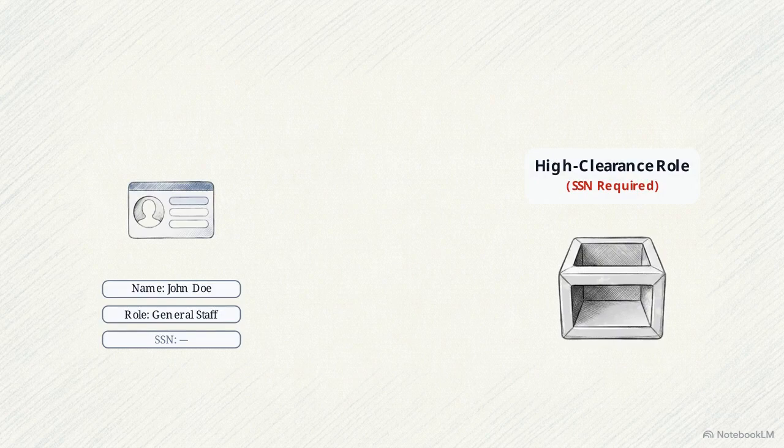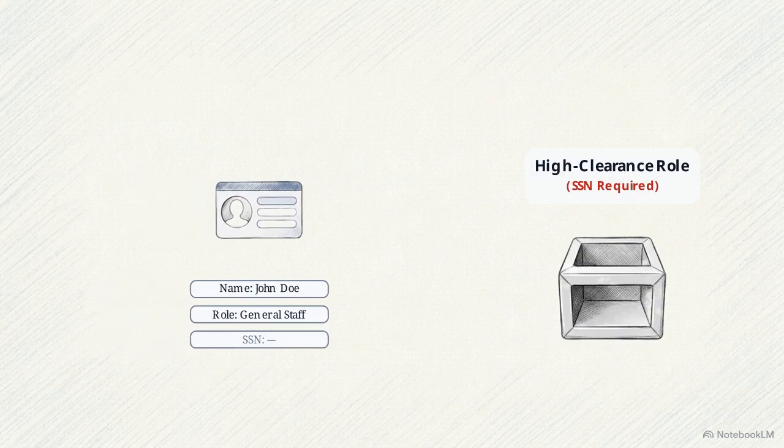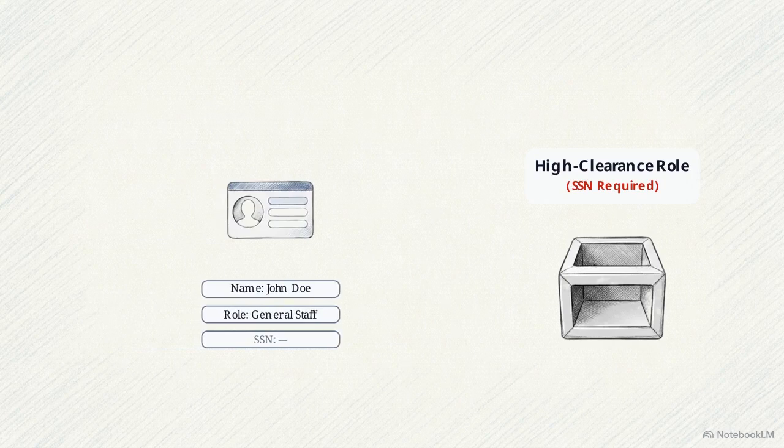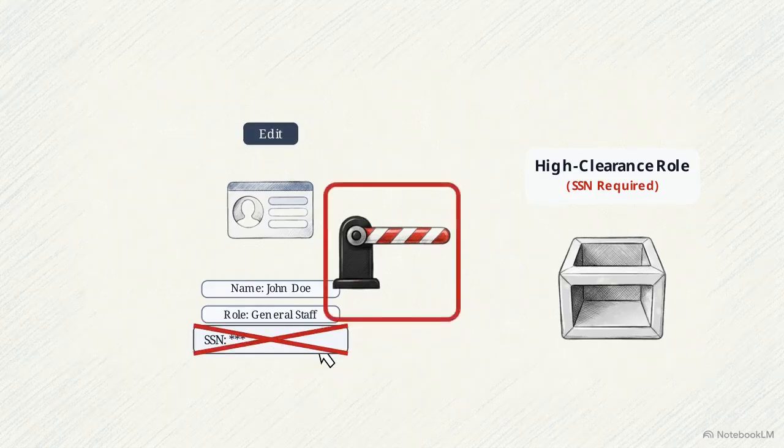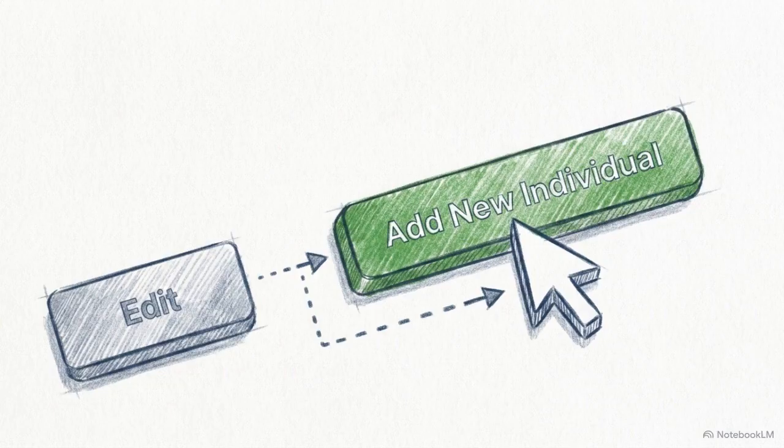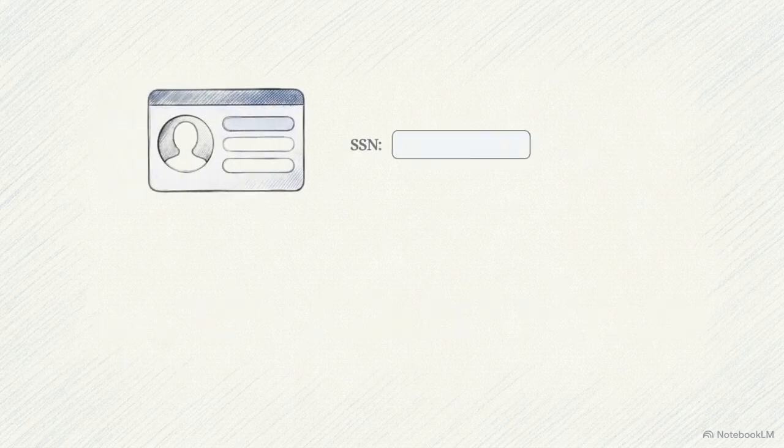If you take an existing personnel profile that does not have an SSN attached and try to assign that person to a new role that legally requires one, the system will block the action. You cannot simply hit Edit and type an SSN into the old profile. The database validations will reject it. Instead, bypass the Edit button entirely. You must click Add New Individual and rebuild that person's profile from scratch, entering the required Social Security number on